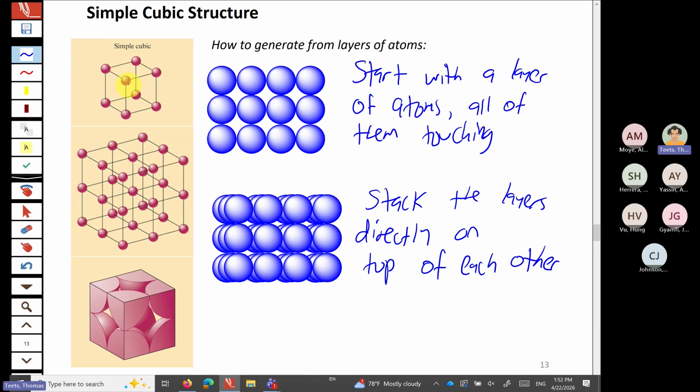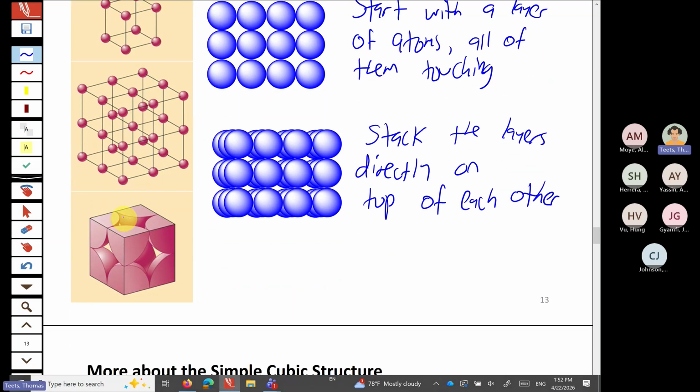You can draw it like this to sort of more clearly show the arrangement. In reality, the atoms are as close together as they can be. They're touching one another, so it kind of looks like this, where each corner has an atom that's neighboring the other ones that are in the same layer and the one below it. Okay? Now, what we're also going to go through are some derivations in terms of